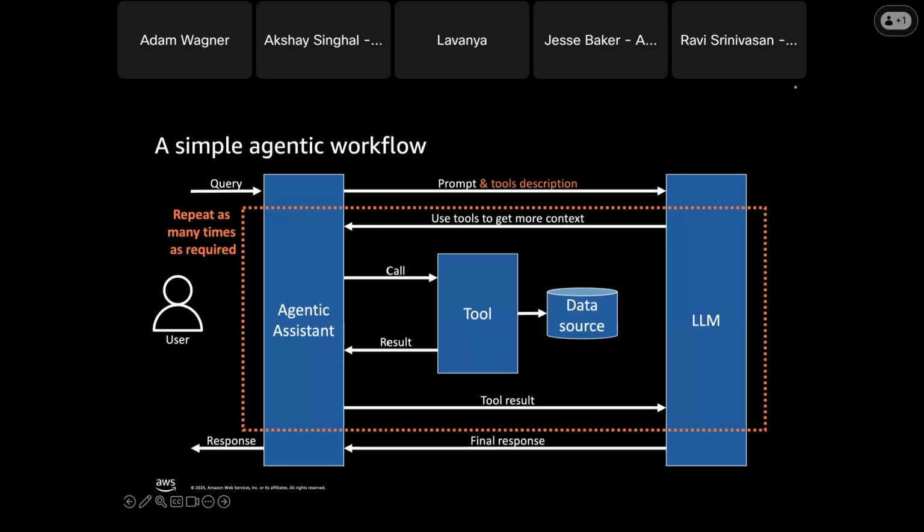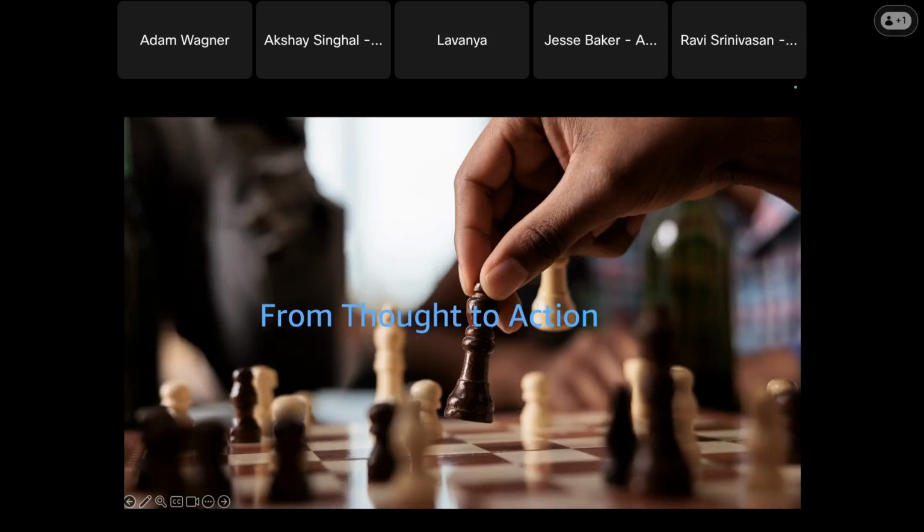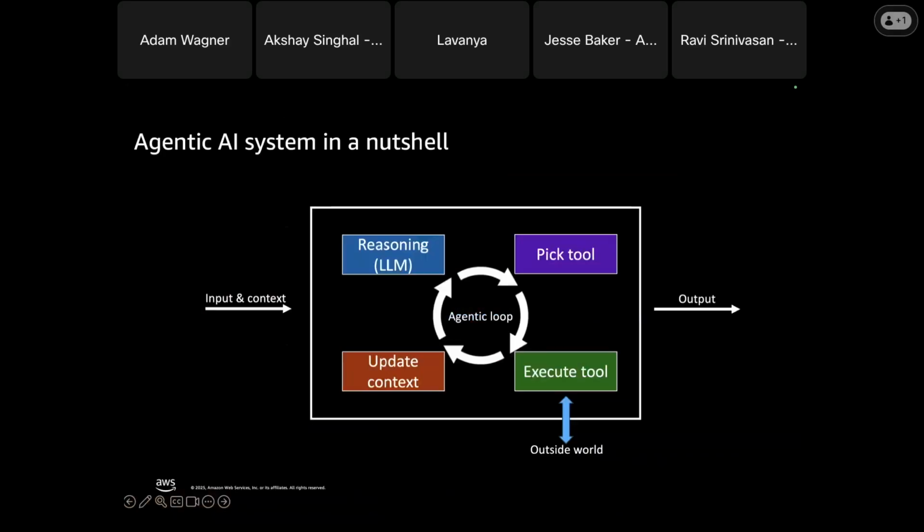And so this is an example of a simple agentic workflow. And so this is transforming from this intelligent system to something that can really take action and do things, update its own context. And this ultimately is an agentic AI system in a nutshell.